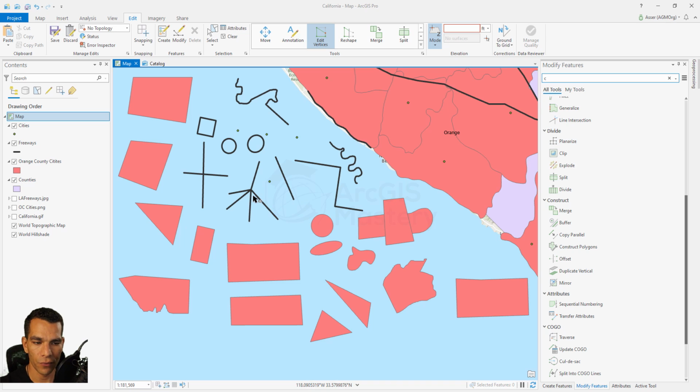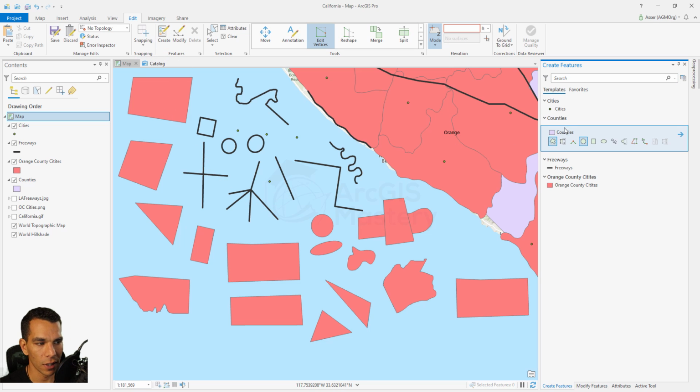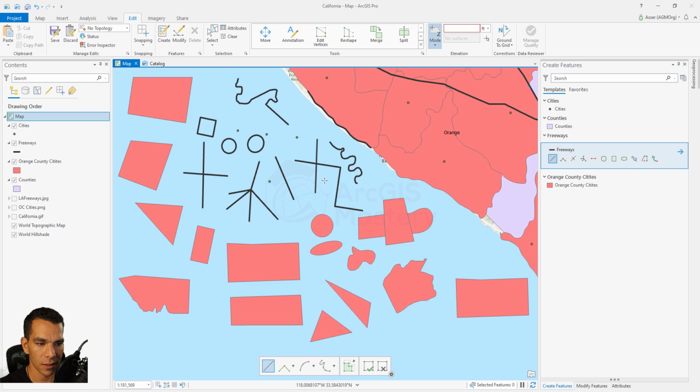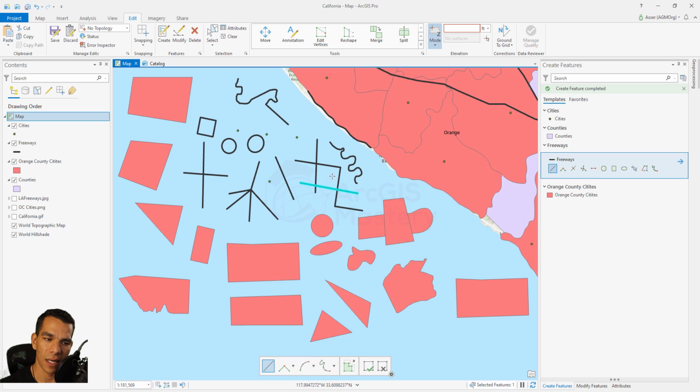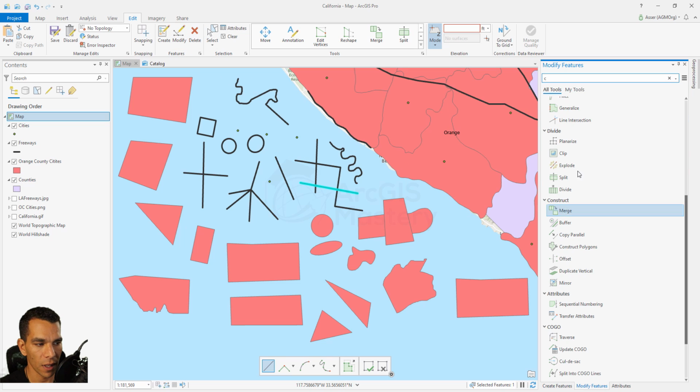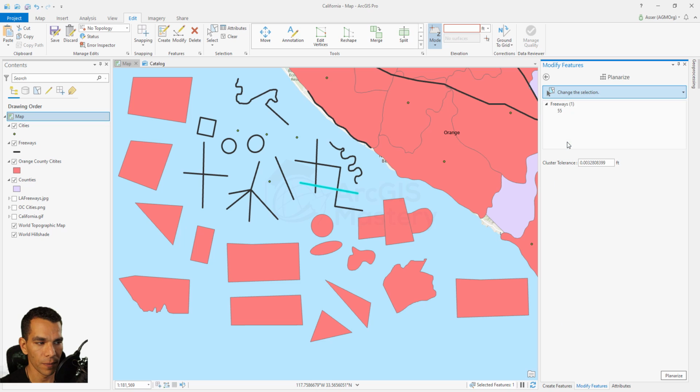So for example, if we have an intersected line, we can draw a new line right here like that, and let's draw another one right here. Let's say this is a network and we want to split every single part of it. So that's how we go to modify and go to Planarize, and we select the features that we want to do that to,